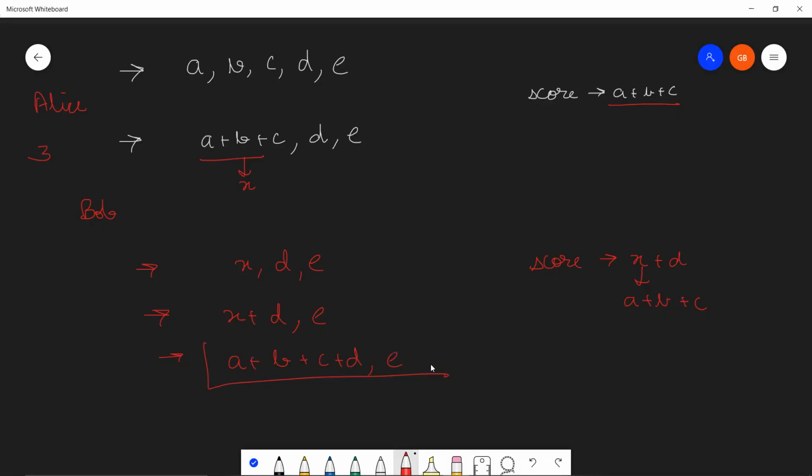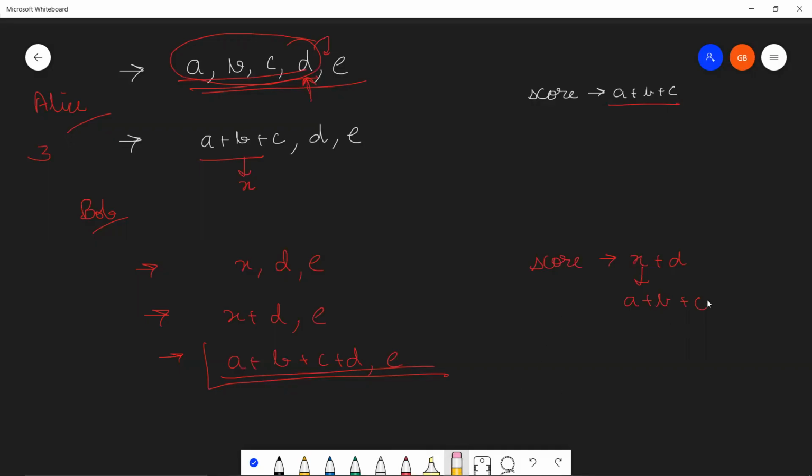So at no point can you get a value which cannot be represented by a, b, c, d, e, or elements of that particular stone array. This tells us that no matter who the player is, they're always going to take the prefix sum from the index that they select. So Alice says I'm going to select this index over here, and her score would be the prefix sum till this point, and that is exactly the stone she's going to replace these four stones with, the cumulative sum a plus b plus c plus d.